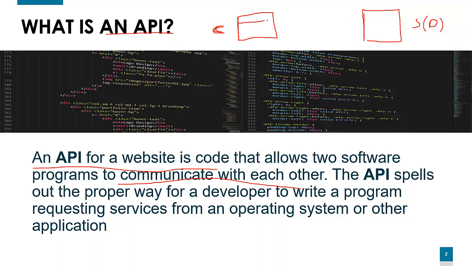Let's take the example of Google. In Google we type something like http www.youtube.com. That is an HTTP request. It is sent to our server, which is the Google server. It will search the databases to see that this is a website, then it will give us the response, and our website will open.